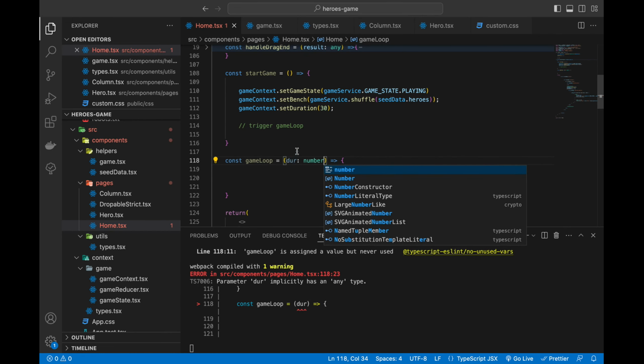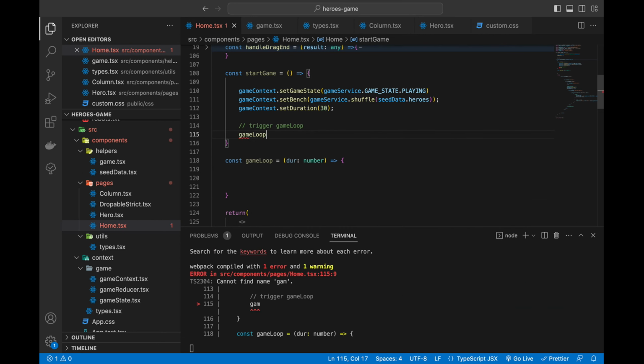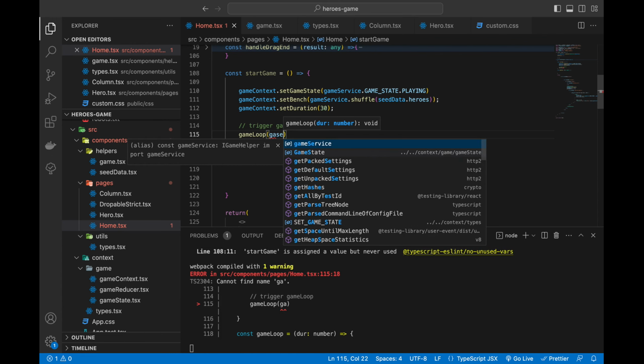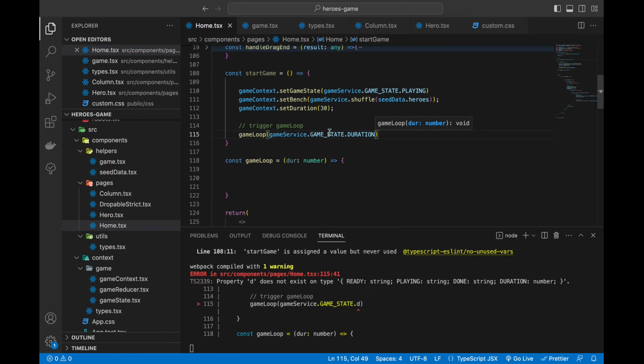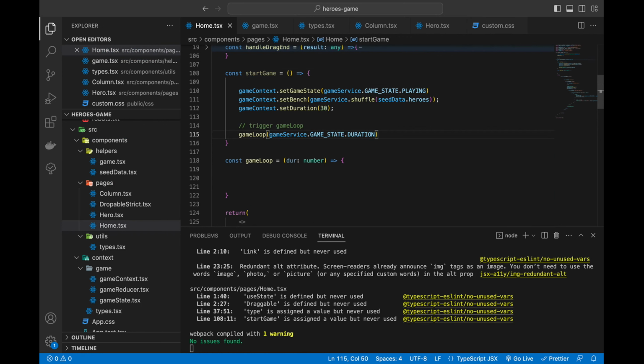Every time you call this function, I'll call the function here, I'll say game loop, and then I'll pass game service dot game state dot duration. Remember, in our game service, we've already set the duration to 30 seconds. All right, so that makes sense. Okay, so for game loop,